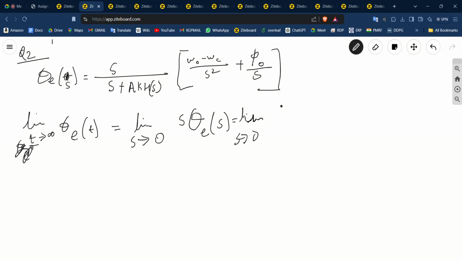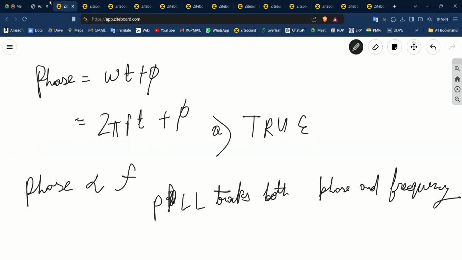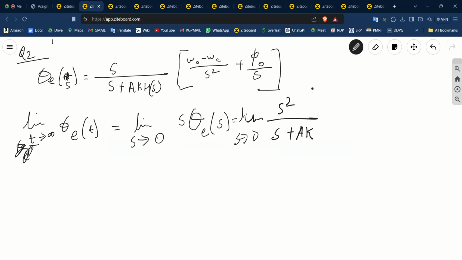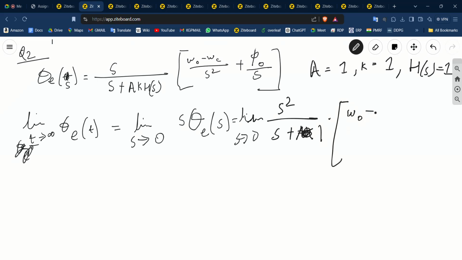limit s tends to 0 of s square by s plus AKH(s). H(s) is 1, so A and K are also 1. So H(s), A and K are all 1. K is the PLL gain and A is a constant and H(s) is the filter gain. All are 1. So s square by s plus 1 into (omega naught minus omega c) by s square plus phi naught by s